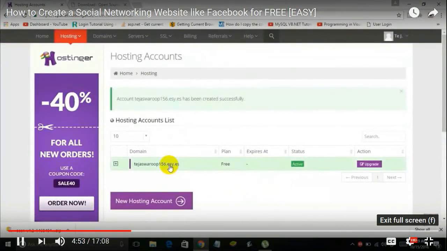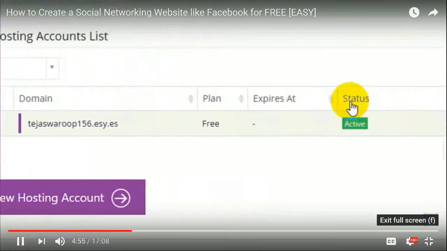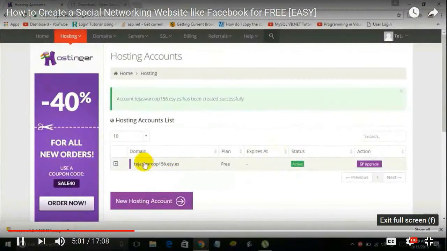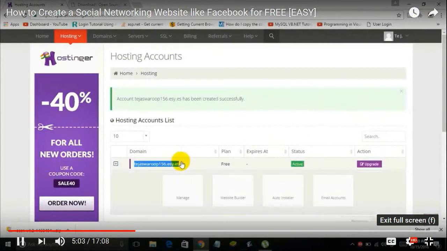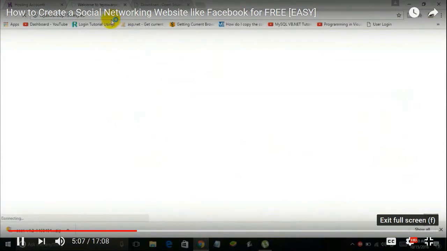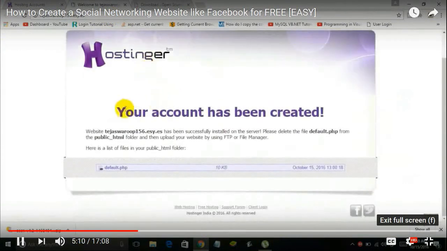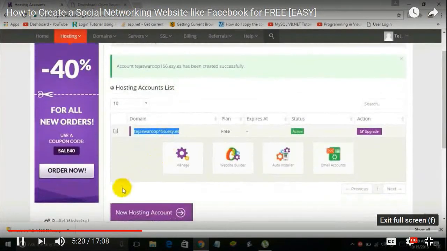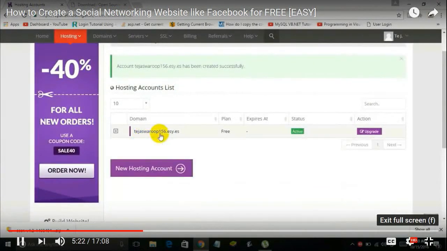And here we go, here is our new domain, and it says status active. So we have now created our own domain for free, and let's go to our domain tejaswaroop156.esy.es. So here we go, it says your account has been created. So we have successfully registered our own subdomain, that is tejaswaroop156.esy.es. Okay, now let's just click on the domain name,